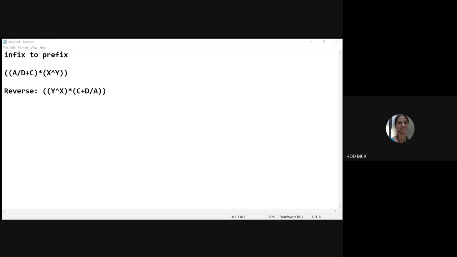I think most of you have done it right. You have to reverse it and then follow the same steps as that of infix to postfix, and then write the expression back in the reverse order. Yeah, I think all of you have given it right. Star plus slash A D C to the power X Y.